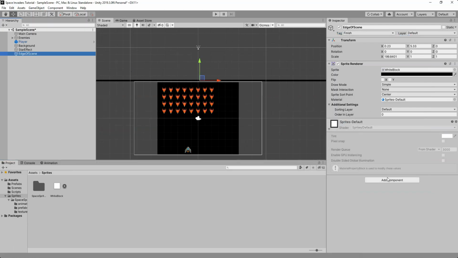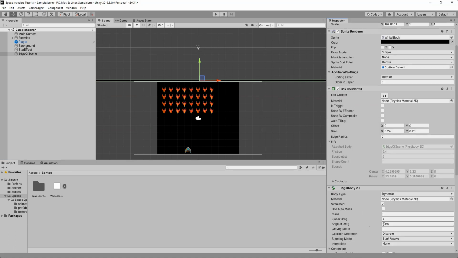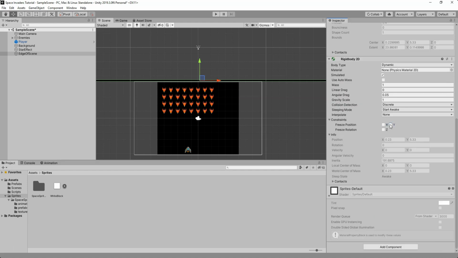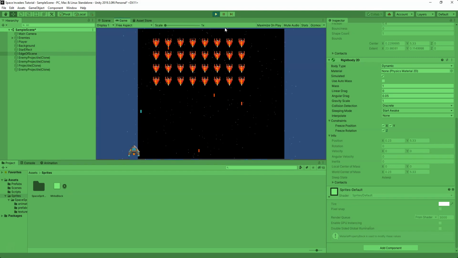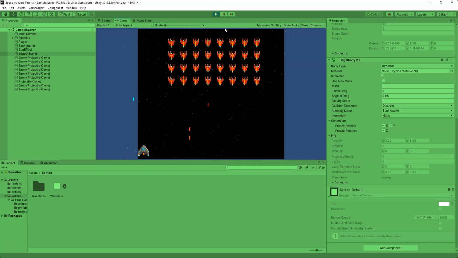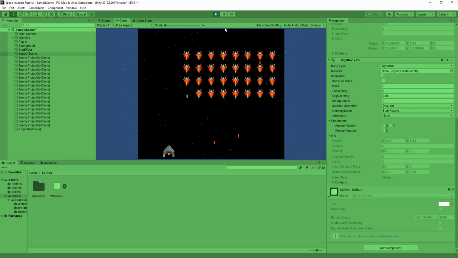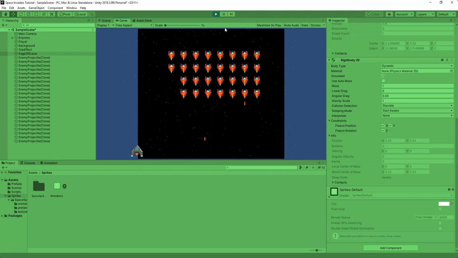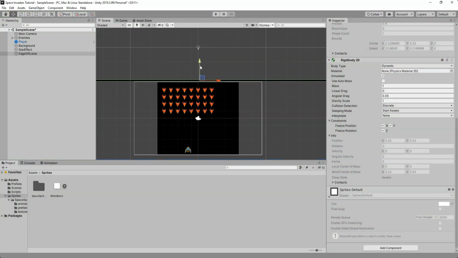Okay, now we go into our edge of scene and we make a box collider and we make a Rigidbody 2D and we freeze our X and Y, and that actually will stop gravity from doing anything to us. And so now, even if we push to the edge of the screen, we can still create another projectile later on because it gets destroyed. I challenge you to try to do the same thing for yourself